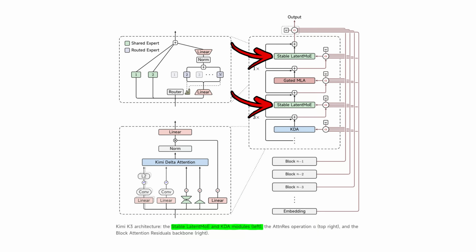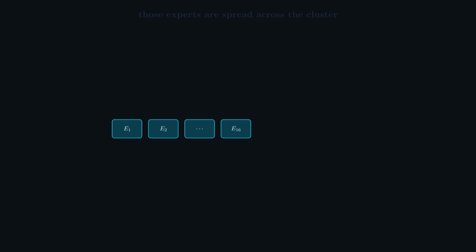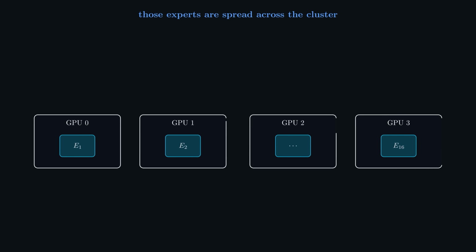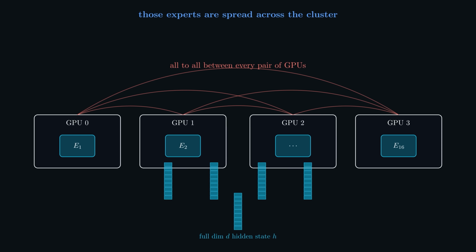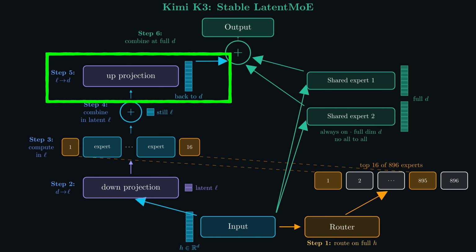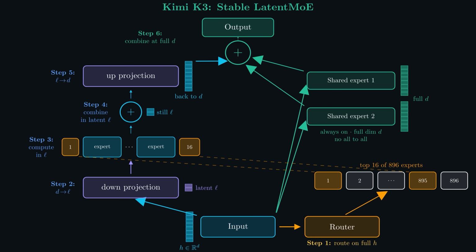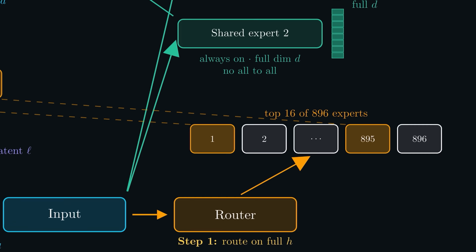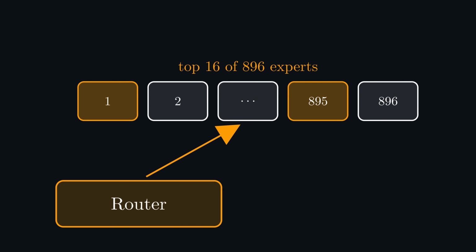But to make an MoE this sparse practical, especially at this model size, they use something called a stable latent MoE, which is a pretty common design nowadays. So in a normal MoE, each token has to send its full hidden state to whichever GPU hosts the selected expert. And when you have hundreds of experts, moving all that data becomes expensive, right? So what latent MoE does is it compresses the hidden state before sending it to the expert, then expands it back afterwards. So K3 moves much less data between GPUs. And the stable part of this basically just keeps the routing balanced, so a few experts do not become overloaded